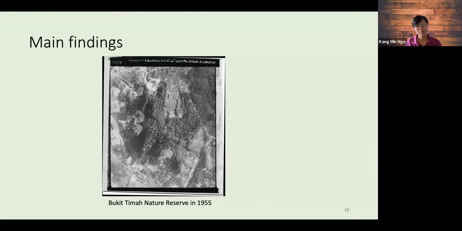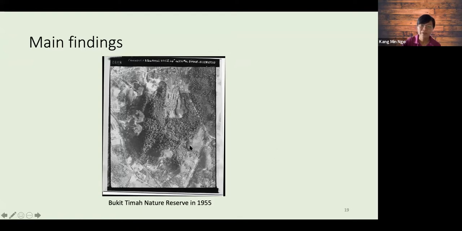Other things we found. This is an aerial photograph of Bukit Timah Nature Reserve, and you can see my mouse, right? This whole big area on the north side of Bukit Timah used to be a dairy farm. There used to be cows here, grazing on the pasture, and that's why this place is called Dairy Farm today. And if you look at our study site, which is towards the southeast, this whole area also used to be kampong. We believe that it used to be pineapple plantations or some other kind of plantation. So this whole place used to be all